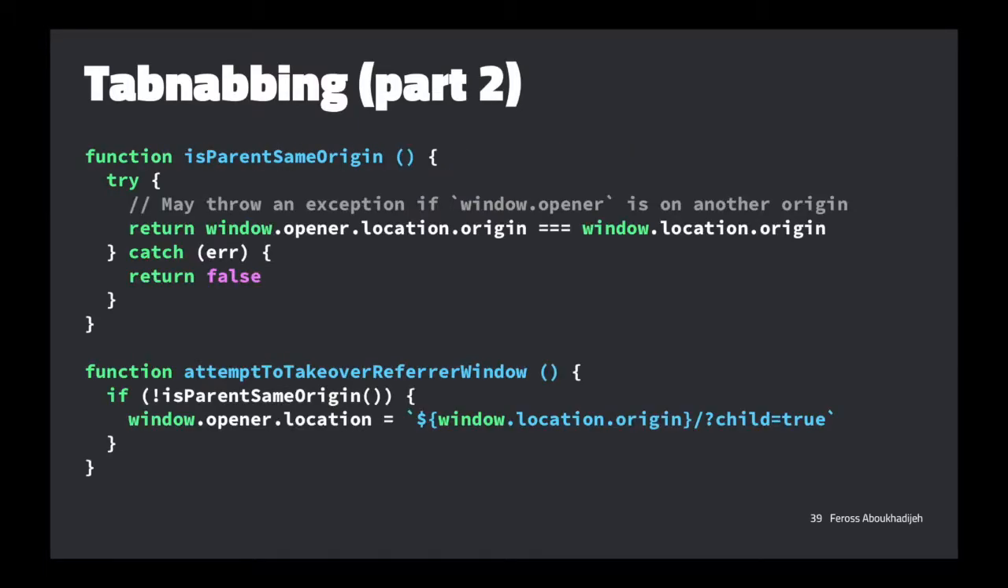So here's the idea. This is a function that just detects if we are on the same, let's see, what's the point of the is parent same origin? Oh yeah, we only want to navigate, this is how you do it. window.opener is going to point to the Facebook Messenger page, and we're just going to navigate it to our own site. That's the idea here. But we only want to do that if we know that